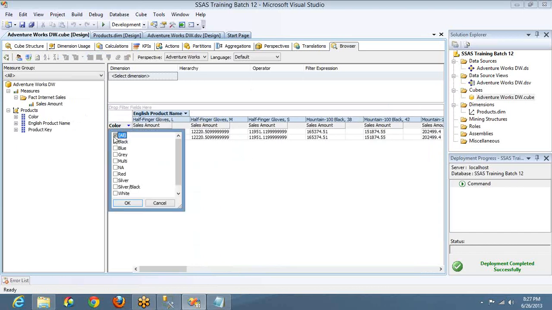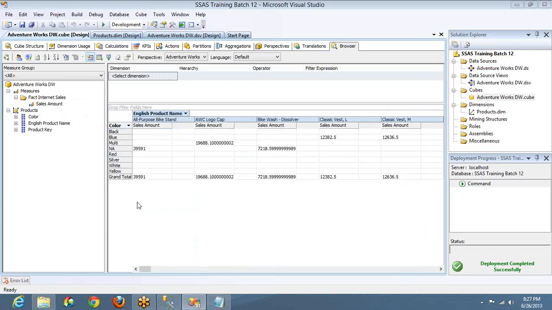Why? Because I filtered only black. Now let me select everything. It will show everything. Right? However you want to, you can do that. Yeah, it is very similar to pivot in Excel, but better than pivot in Excel. I mean, I love to play using this compared to pivot in Excel.